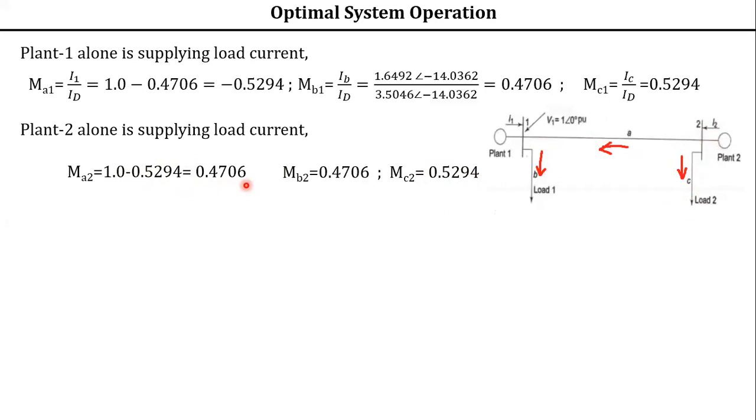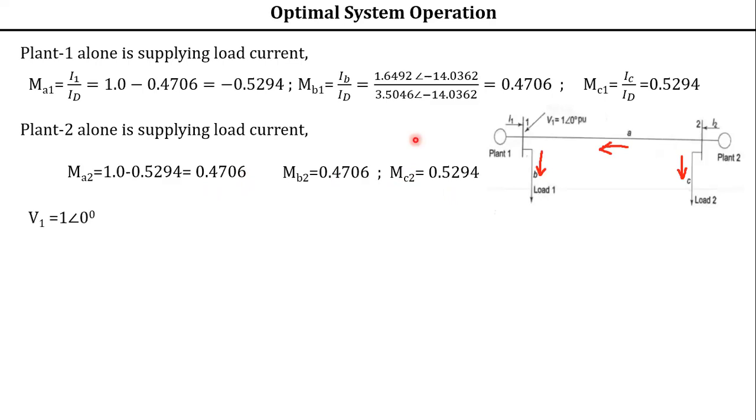How to find the current distribution factors? First you find them for the branches which are connected to the loads. Then you find the remaining branches just by using this equation, not by substituting. You can substitute and you will get the same answer, but you are wasting time here. So these are the current distribution values. Next step: first you find the load current. Second step is to determine the current distribution factors. Third one is to determine the voltages at buses.